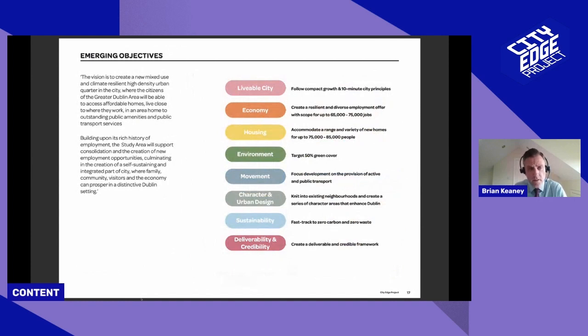Looking at that analysis, we've then identified a vision for the area, and that vision is to create a mixed-use area which is climate resilient, which is accessible in terms of transport, which can deliver affordable homes and provide the opportunity to work locally. But we're conscious of the fact that there are existing businesses in this area as well, so it's not just about providing new homes. We're really keen that we retain and protect as many of the existing jobs there,